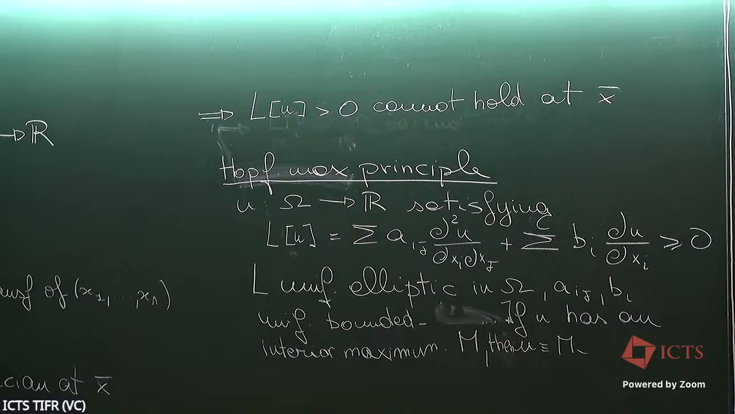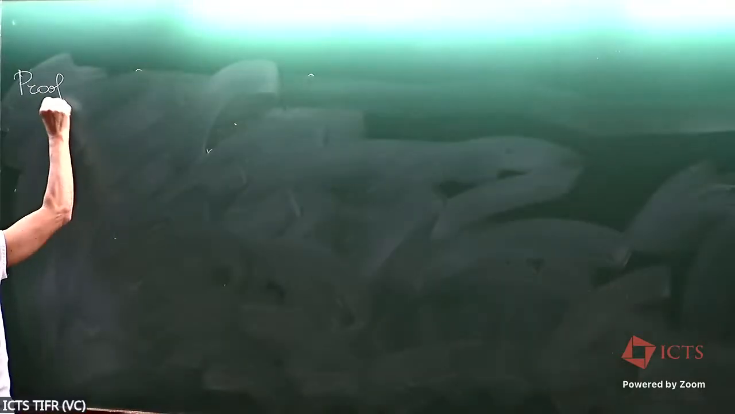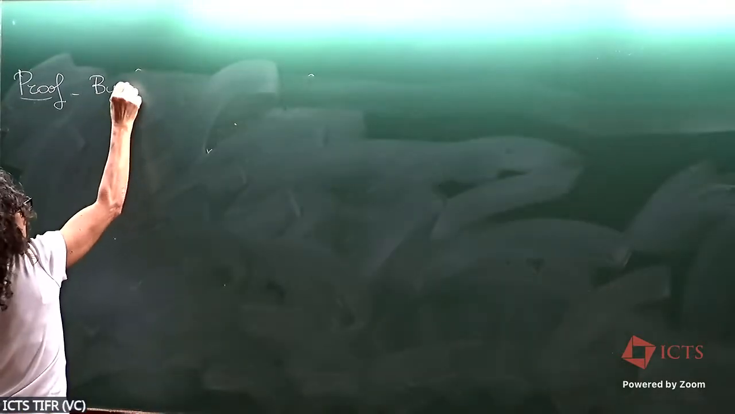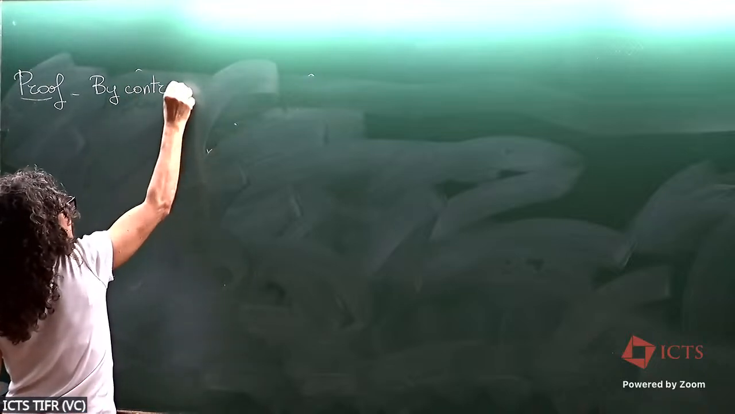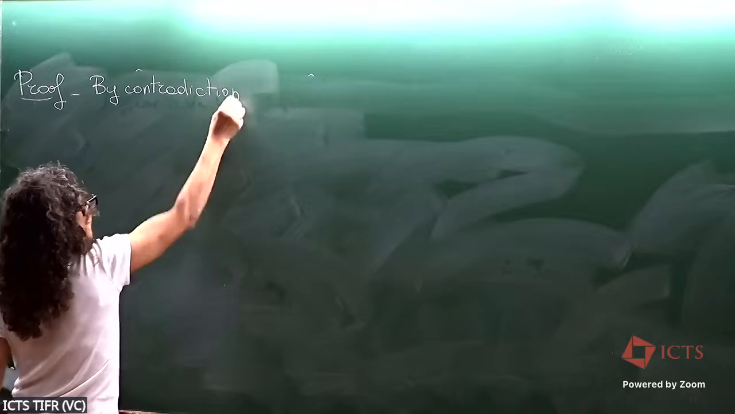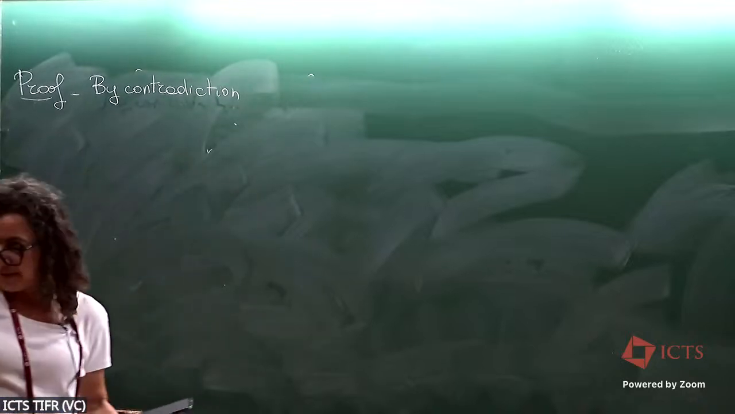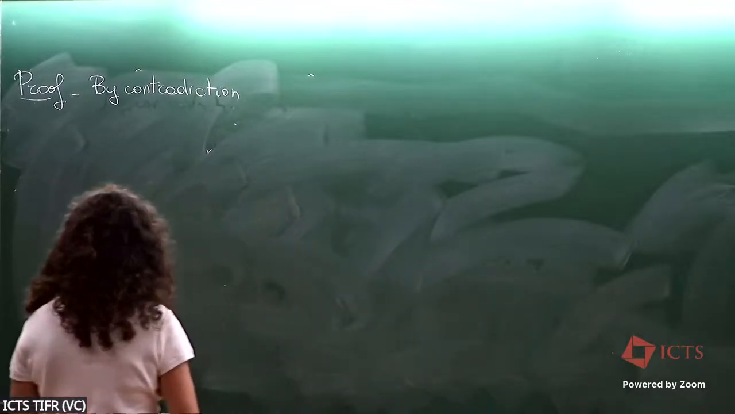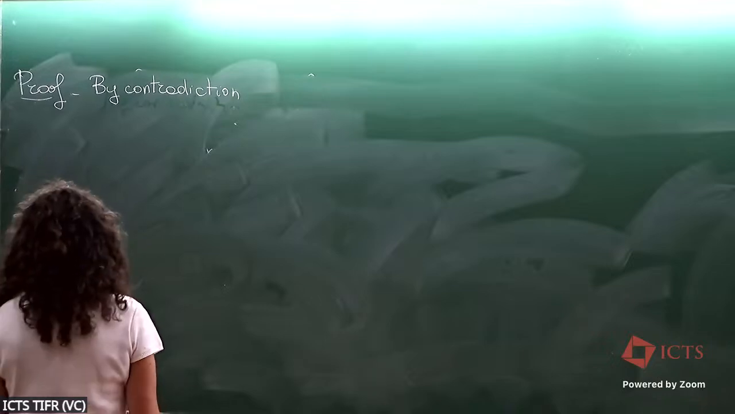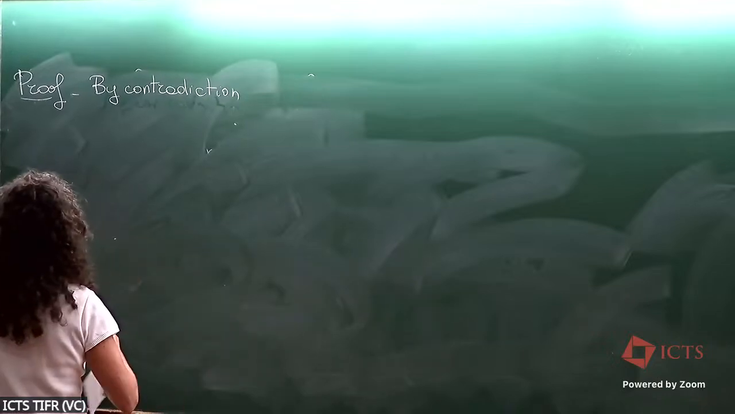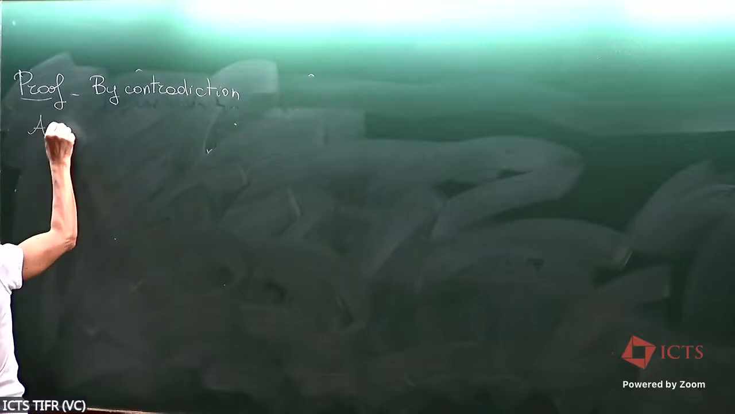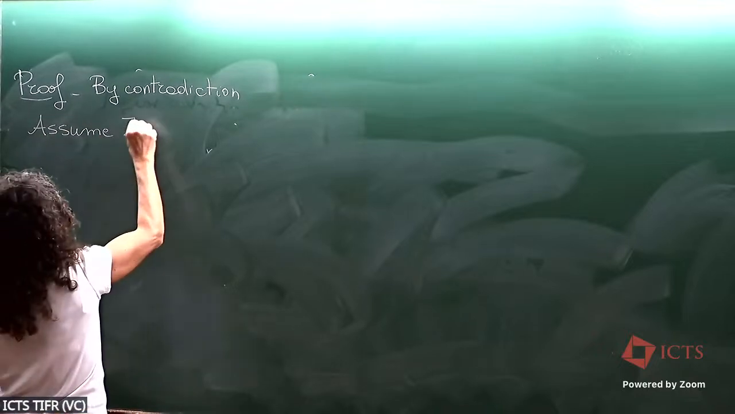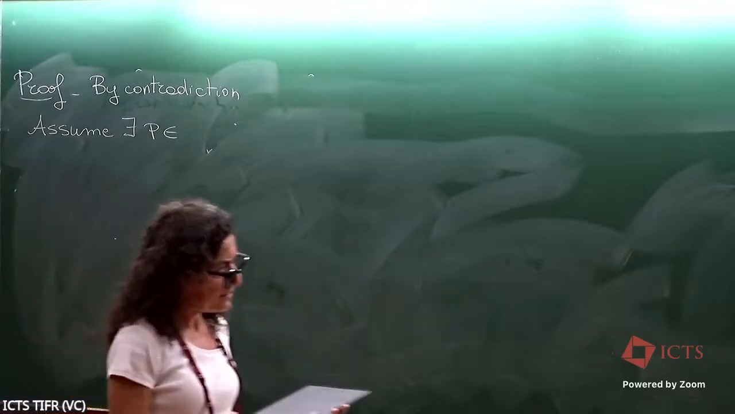Okay, so let's prove it. The proof is by contradiction, and it's very standard in some sense. One uses all the time the same kind of proof. So probably you already saw that in some cases, but I think it's very important to see it really once. So assume there exists a point p in omega